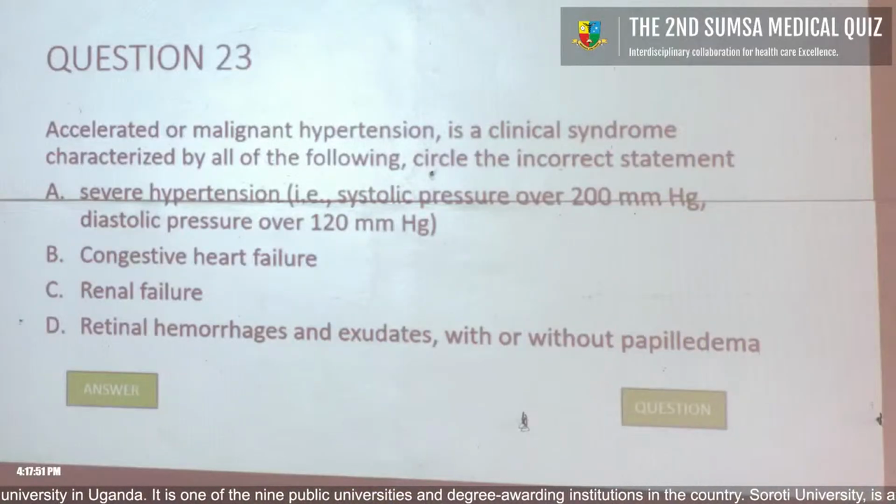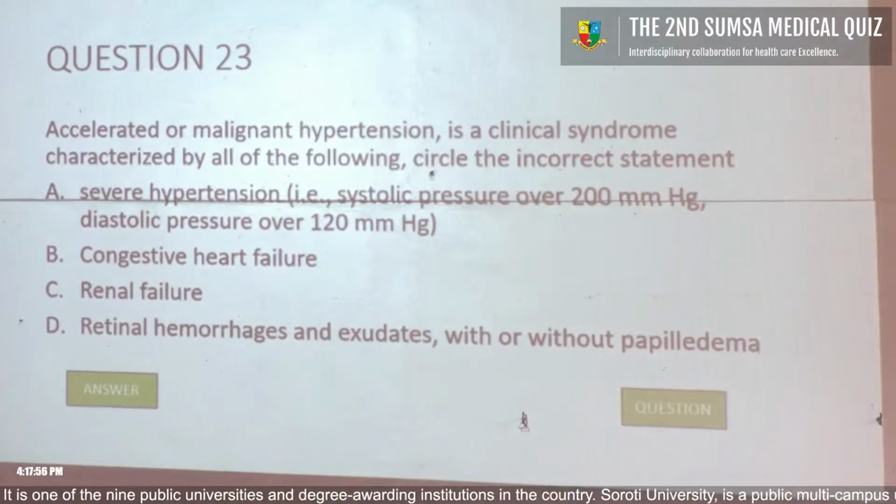Accelerated or malignant hypertension is a clinical syndrome characterized by all of the following, circle the incorrect